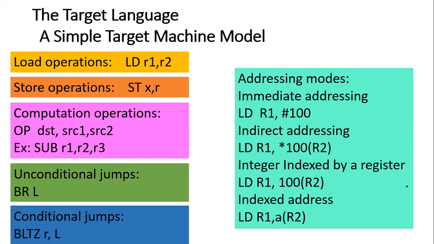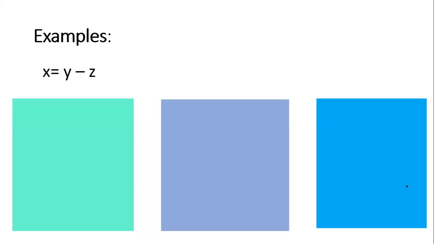So these are the various addressing modes and operations we are considering. Once you consider this, we'll see some examples of how to write the code. First example, we'll take X is equal to Y minus Z. You just observe first what we are making: we are loading Y, and from that you are subtracting Z, and the result will be stored in X. Is it not? That is the meaning of that.